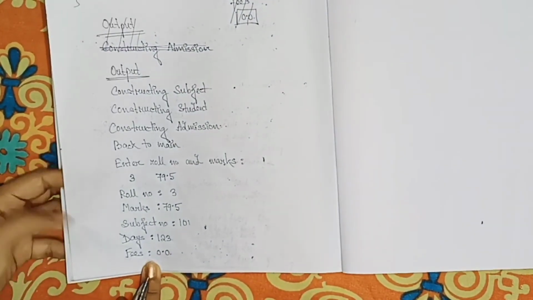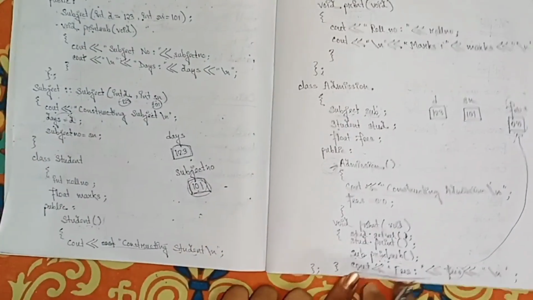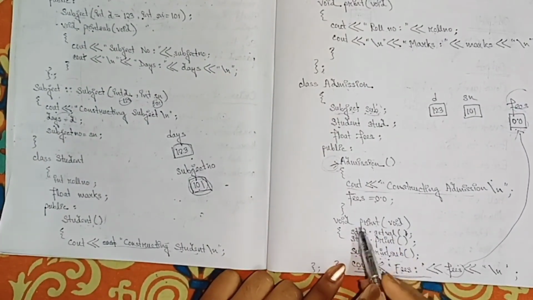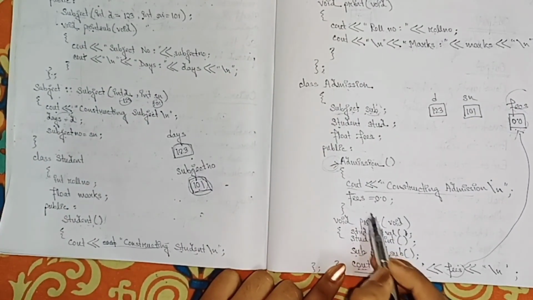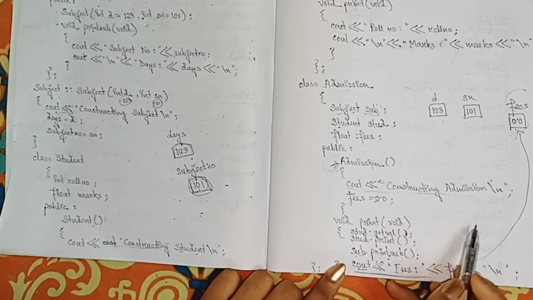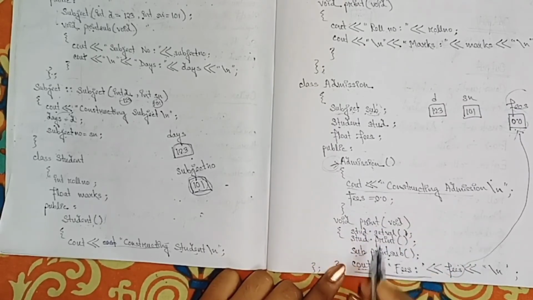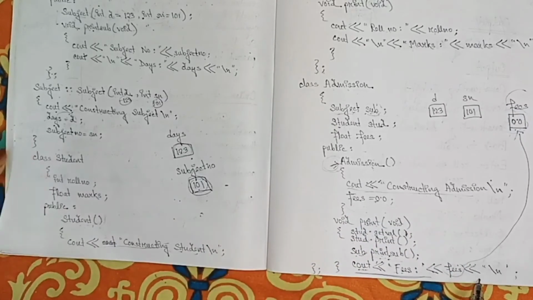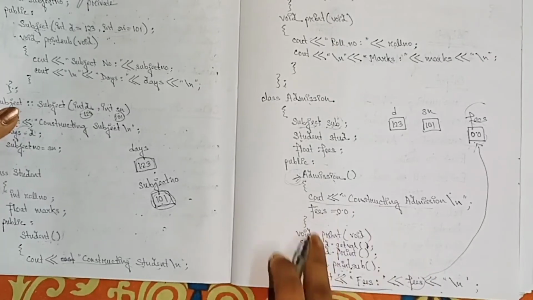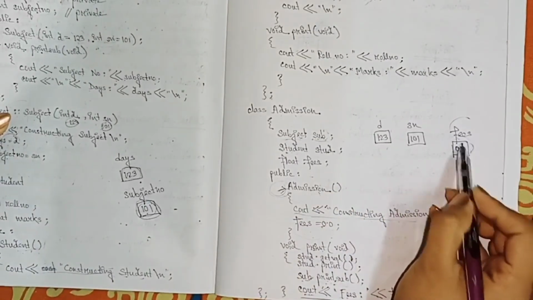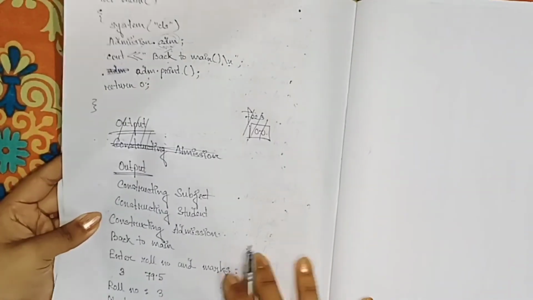If you want to change this value, you can do so by writing another function before this print, that is getVal, and inside the getVal you can write enter the fees for the student. So the user will give some value for the fees, and that fees will be displayed then. And since no other value is given for the fees, the initial value is taken here. So this is how this particular program is running.